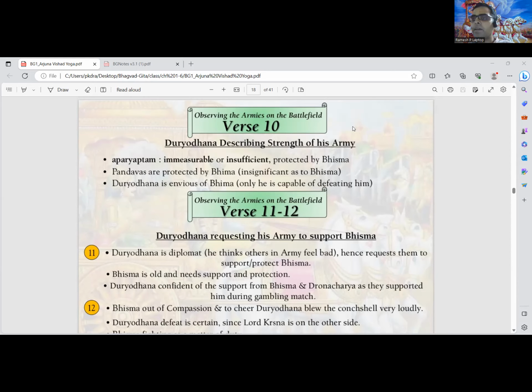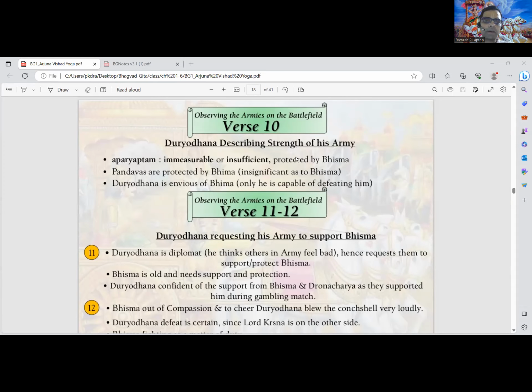Yes Mataji, correct. When Draupadi was insulted after the gambling match, none of these elders, neither Drona nor Bhishma, uttered a single word. Though Draupadi was begging, nobody came forward. So he knew that when the situation was that bad and Drona and Bhishma did not utter anything, they would give full support to him.